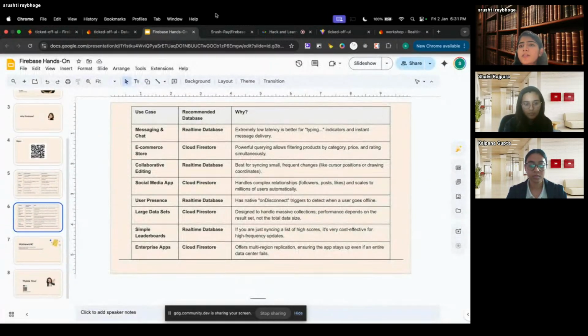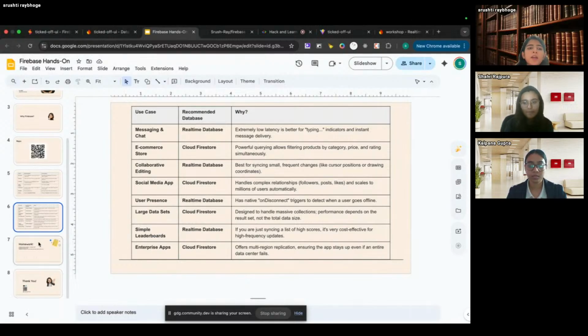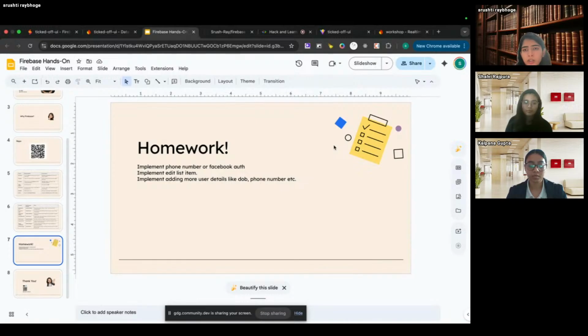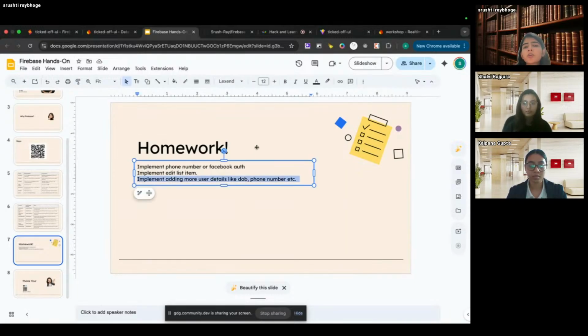If no queries, no doubts, since we have almost run over time, your homework is to implement either Firebase authentication, maybe GitHub authentication, because it's very simple. You just need to include a new button and add the functionality. And phone number authentication, if you want to play around with phone numbers. Also edit list, because it's very simple. You need to have an edit button, change the UI based on the ID, update that code,